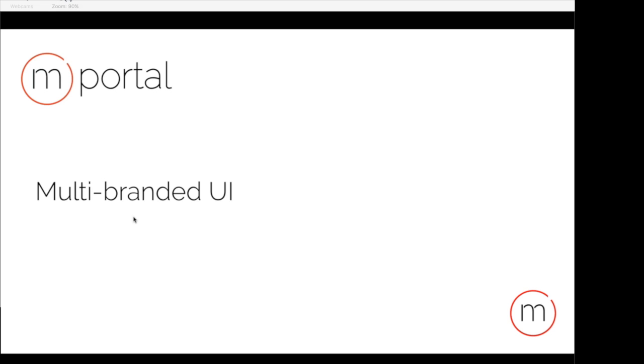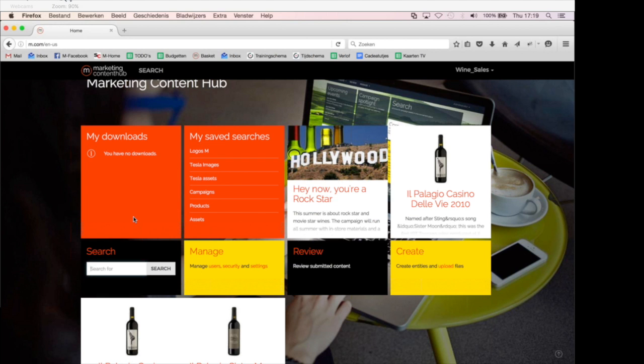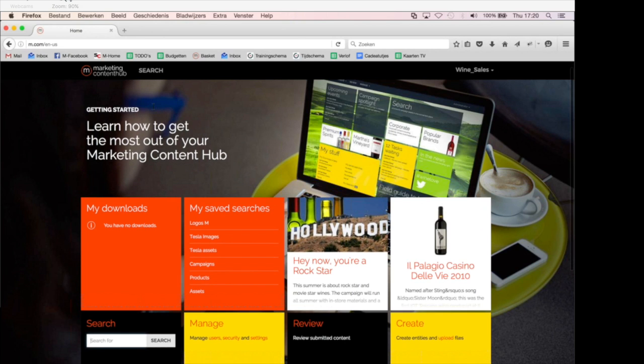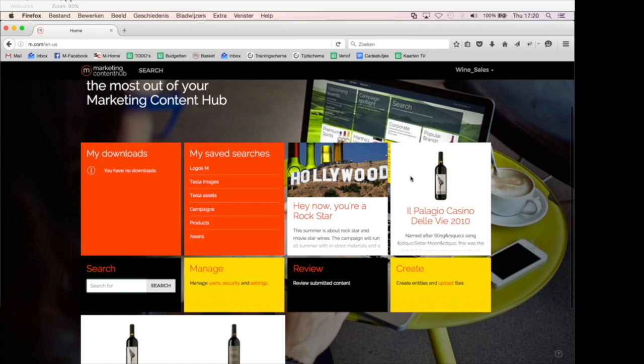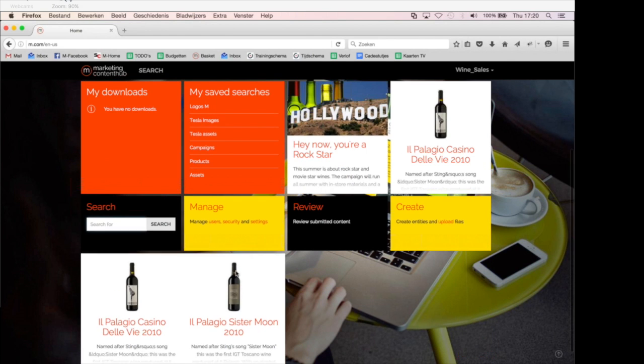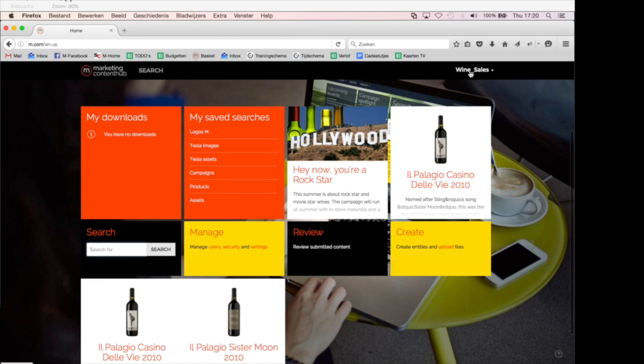Yes, so how does this look like? So my first type of user I already have shown. So in the demo I have actually two brands foreseen. There's a wine brand with a wine sales user. So this guy sees the wine look and feel, which is basically the M out of the box look and feel. So he sees wine products and wine assets. So I will now log off with this user